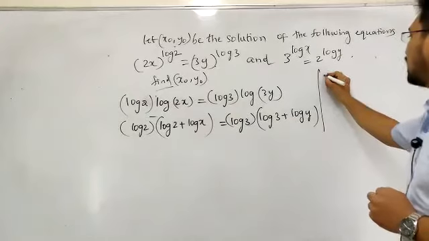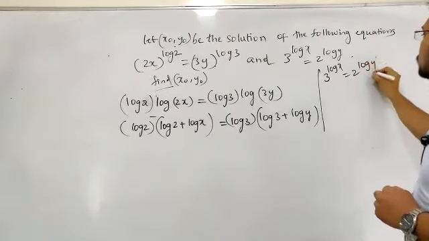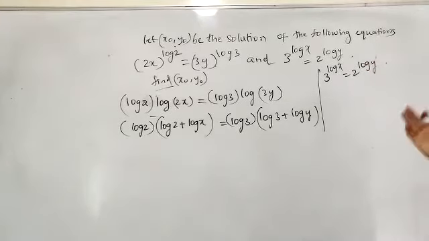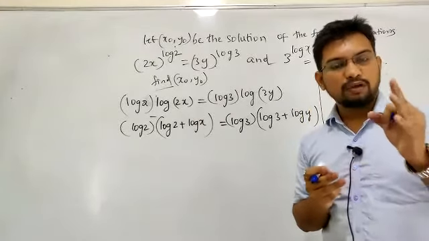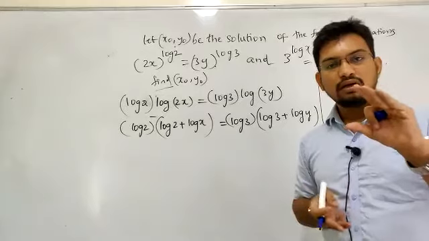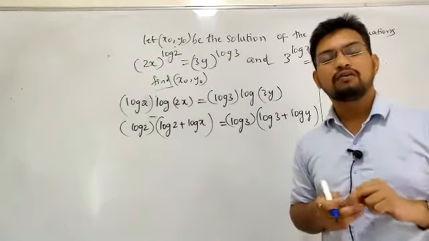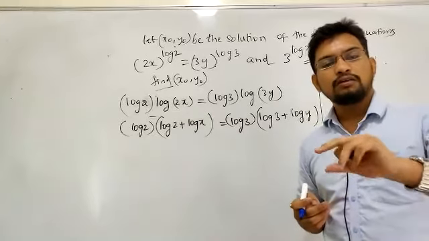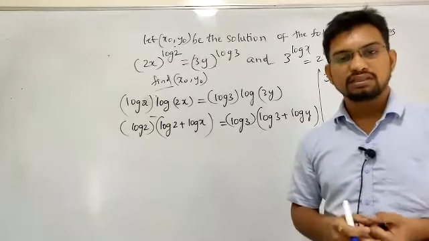This part is something like 3 power log x is equal to 2 power log y. What you do is that you try to apply logarithms on both sides again. If there is an exponential form, I told you the simple trick lies here. Whenever there is an exponential form and logarithmic form given, for solving the problems easily, you need to interconvert between that exponential and logarithmic form, and you must interconvert very fast. Only then you can solve the problems with ease, right?